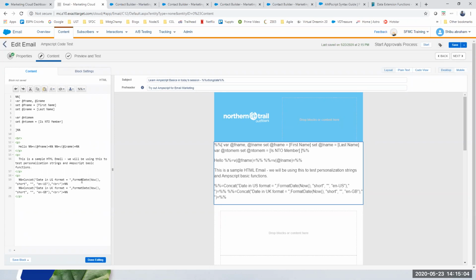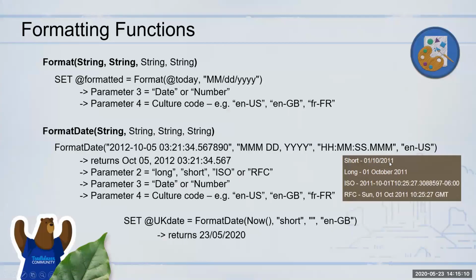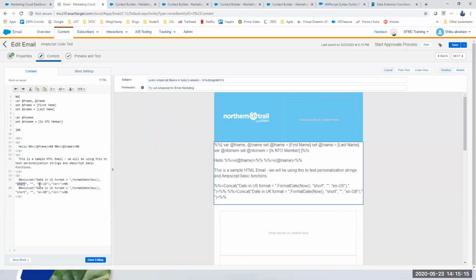Now I'm going to format that using the short date format. Short date format does not give you the time; it will only give you the date like this. Okay. So I'm specifying the culture code as EN-US, and for the second one I'm just changing it to EN-GB for UK, right?